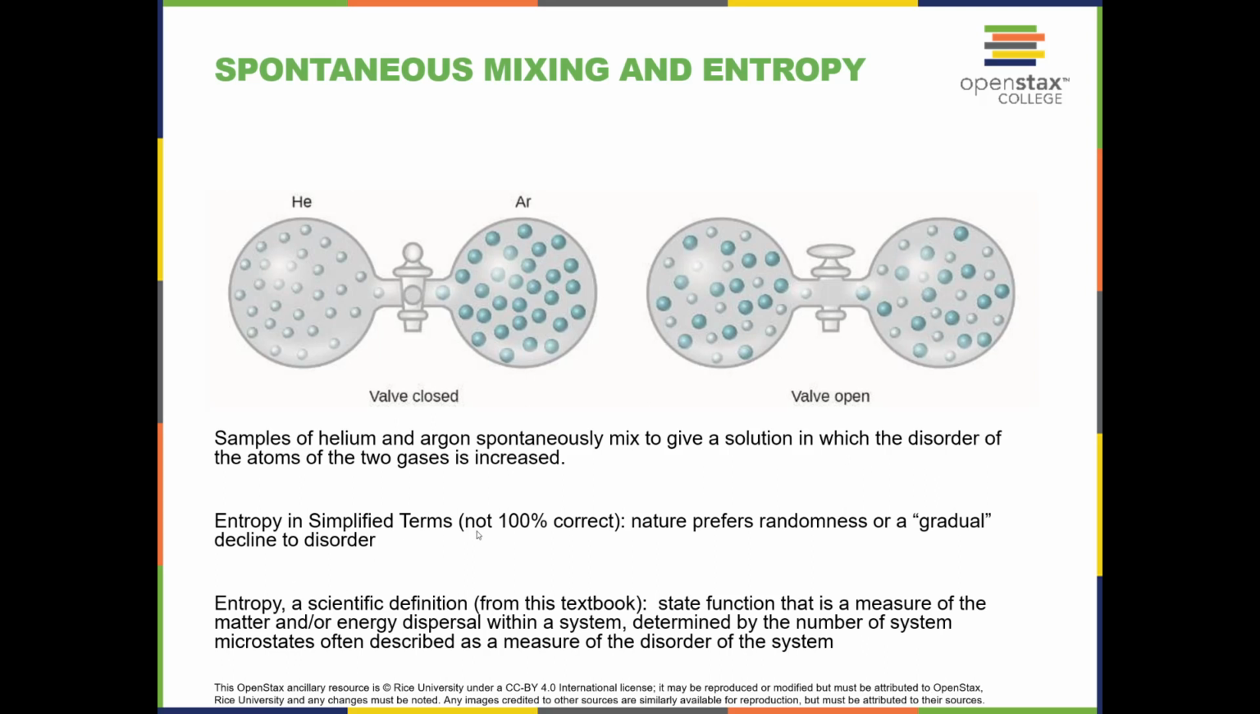So these are simplified terms. Here's the simple idea, okay? If we have helium on this side and we have argon on this side, and the stopcock is closed, then forever helium will stay over here and argon will stay over here. They will stay separated. But if we open the stopcock, these two gases will evenly disperse in the mixture, so